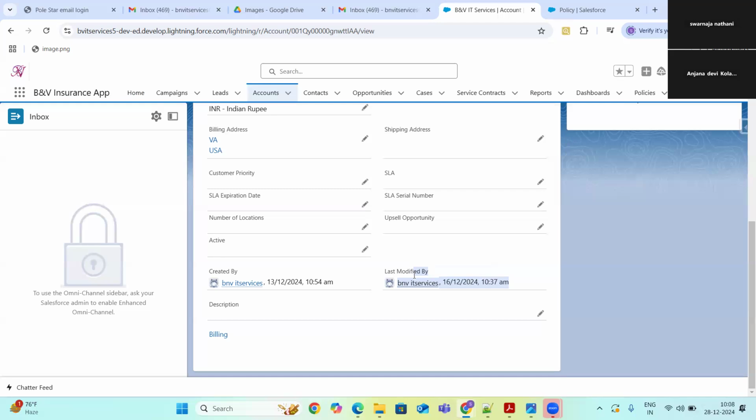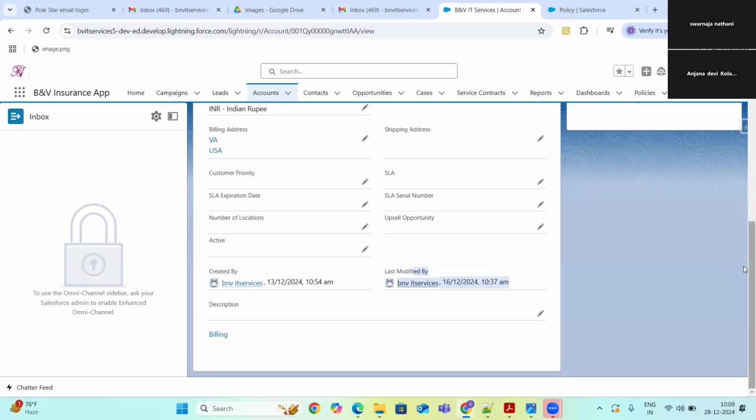But again they asked, you can just tell the truth, did you modify the record? Then he said, no, I haven't modified. Then they opened it up and showed it: it is showing your name. Then immediately he said, maybe someone else used my credentials, logged in, and made the modifications. Because we have an option of login, right?